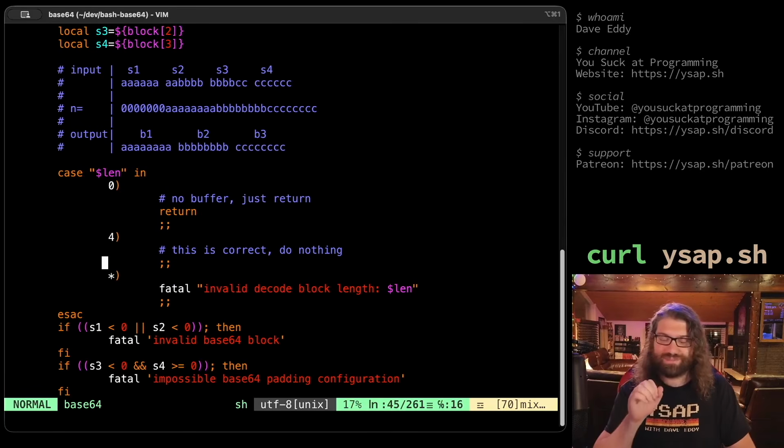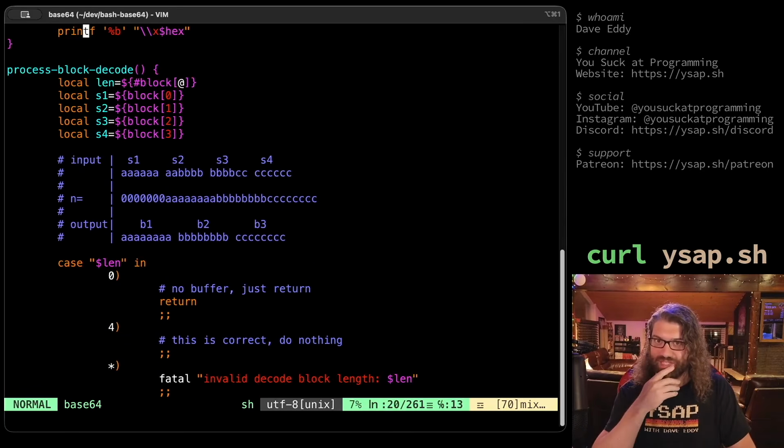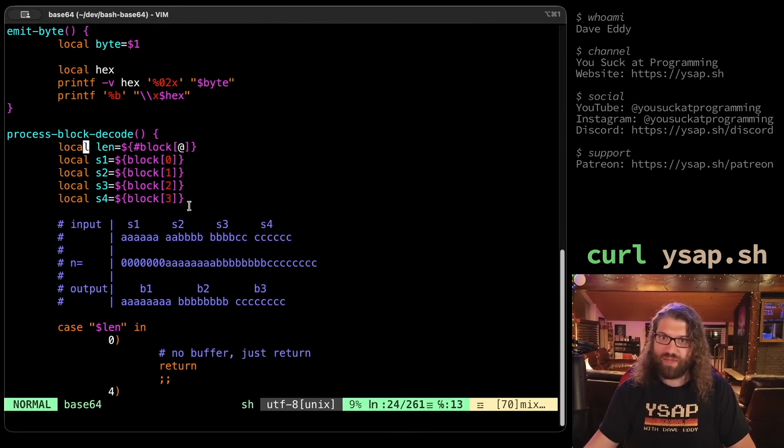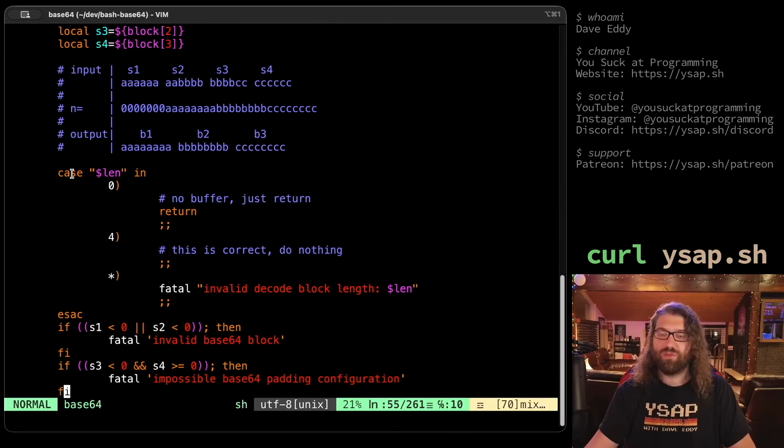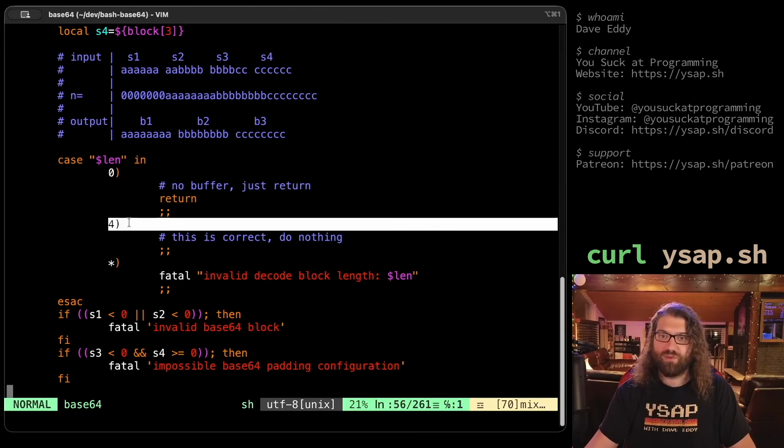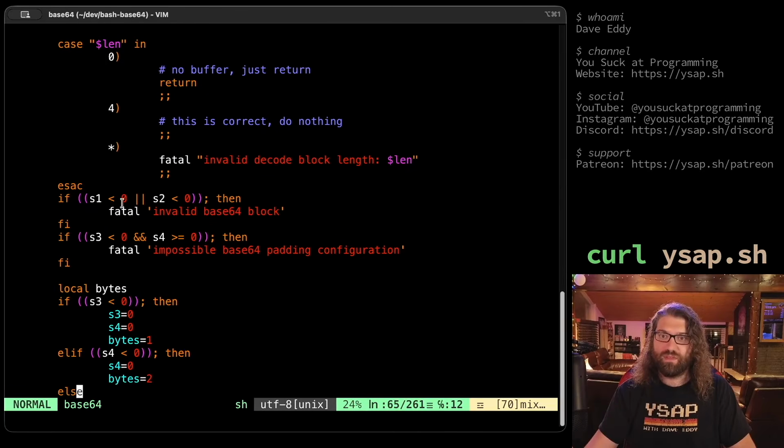I'm a little bit skeptical, as you can tell, of this logic. So let me study this real quick. Once we have a block to process, we get the length of it, which I don't even think we use. S1, S2, S3, S4. We pull the 4 S's out of it. We do, oh yeah, we do use the length. We do a lot of checking. Okay, it should be a 0 or 4 buffer. It should always be valid. And then if